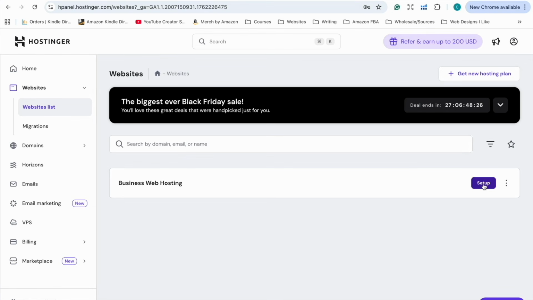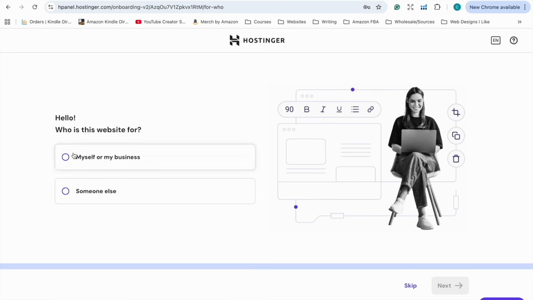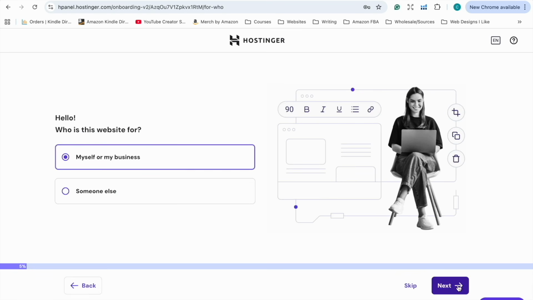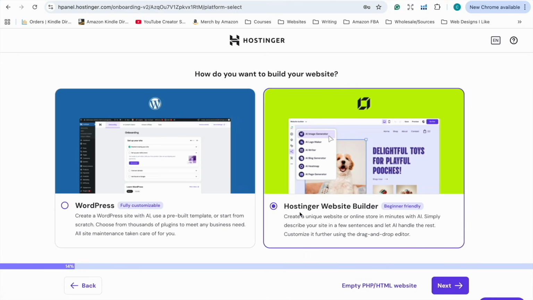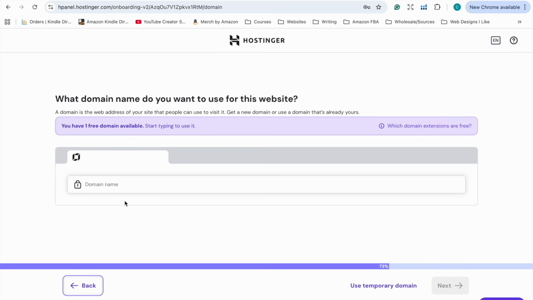Let me show you. We're just going to go set up our hosting and go through and answer a few questions. We're going to be creating a new website. We want to use the Hostinger website builder. You just need to enter the domain name that you'd like to use. And if you have selected the 48-month hosting plan, you will get it free for the first year. And this is where you pop it in and take advantage of that. And it's just to create a professional brand presence that's going to support your self-publishing business.